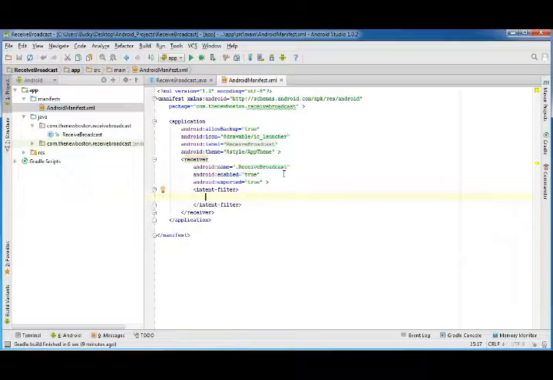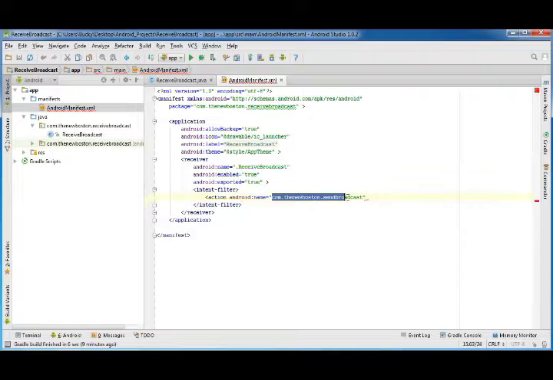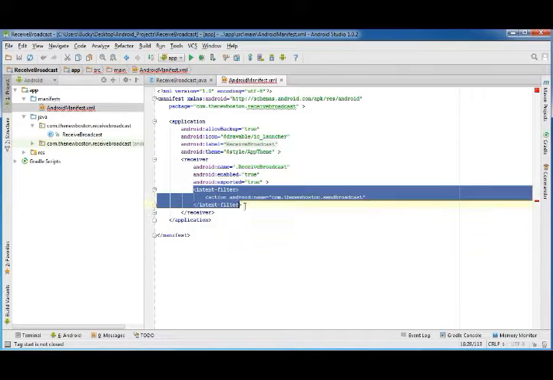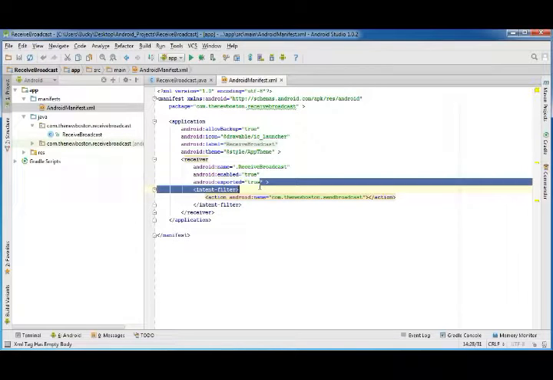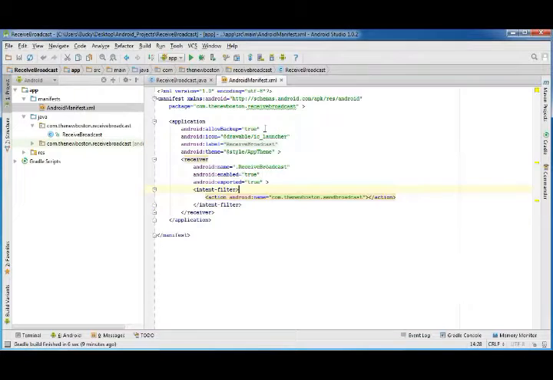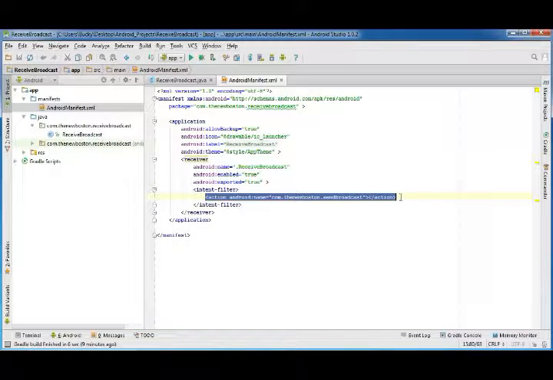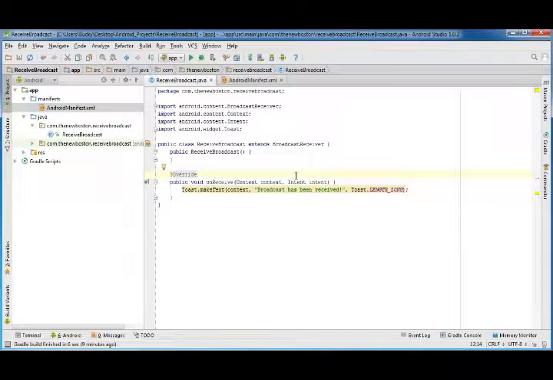Now inside here is where you write which type of broadcast you want to listen for. So if you write action and android:name, then you can paste your keyword in there. So now this program is only listening for broadcast intents with this keyword, aka the only one that we did. And that, ladies and gentlemen, is it. We set up our broadcast receiver, and whenever it receives a broadcast with this keyword, it's going to call onReceive, aka make something pop up on the screen. So the first thing we have to do is run this,